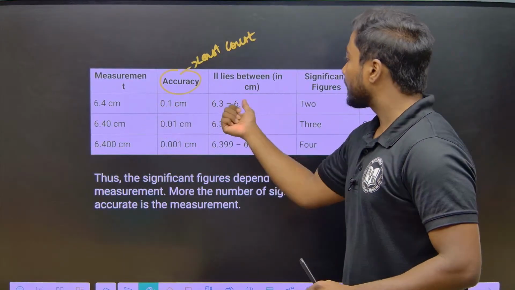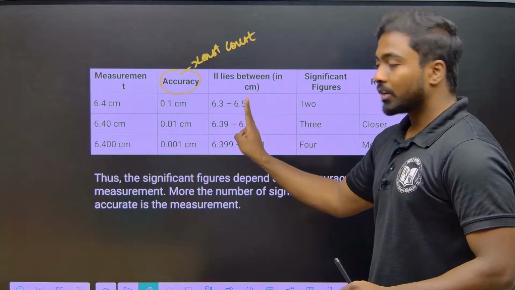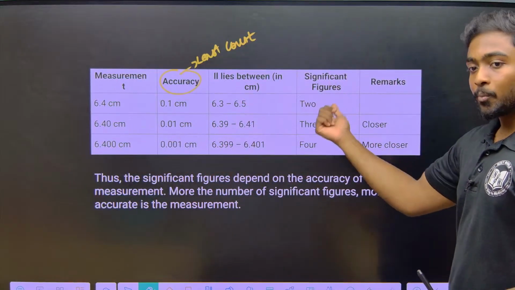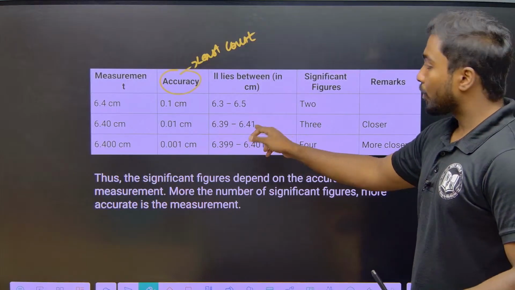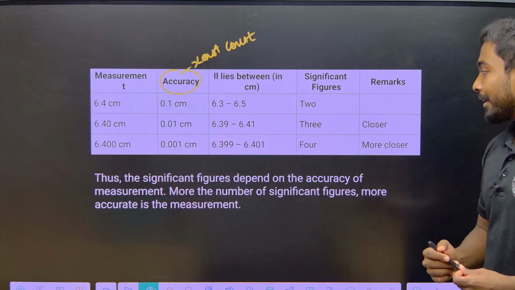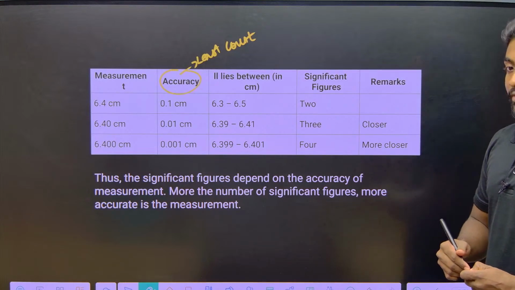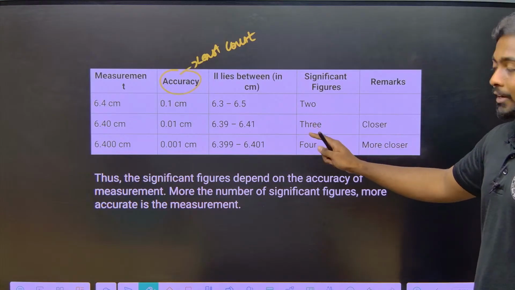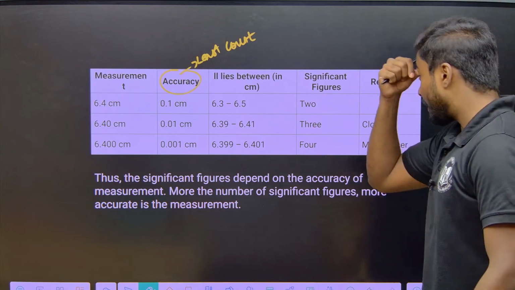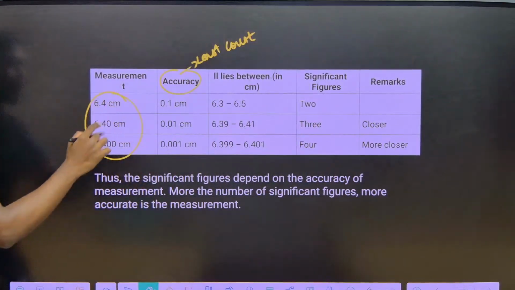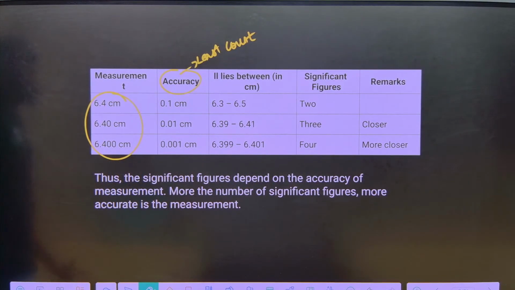How many significant figures are there? 2 significant. So 6.40 lies around 6.39 to 6.41, and 6.400 lies around 6.399 to 6.401. So here 2 significant, 3 significant and 4 significant. So if I see 6.4 centimeter, 6.40 centimeter, 6.400 centimeter,